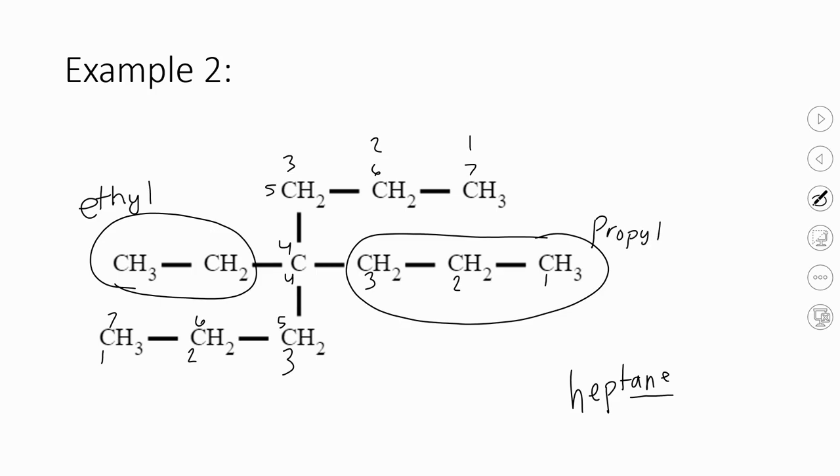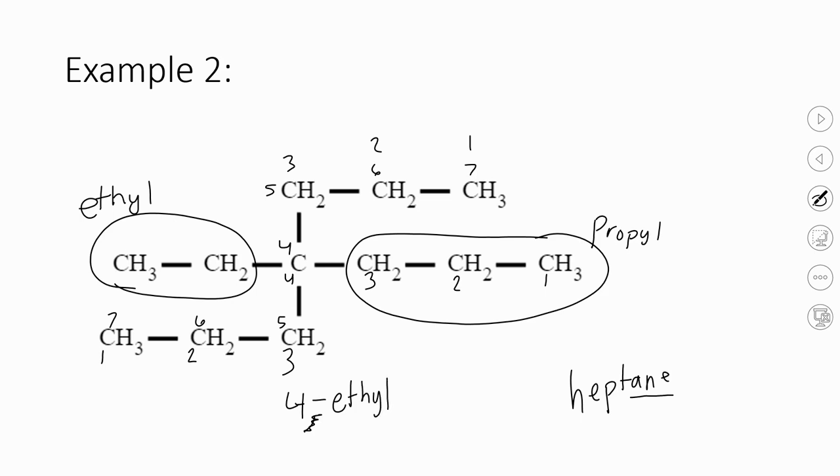Okay, so I have an ethyl and a propyl. The first thing I need to do is alphabetize these before I can put them in. Which one would go first? Ethyl, good. So I'm going to say 4, dash. This throws me off. When we have a number and then something different, we put a dash. So 4,